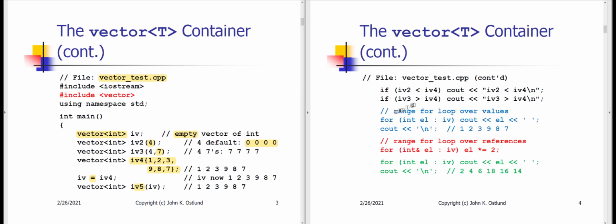All right. So here's the first of many example operators and member functions we can use with vectors. Vectors are compared for equality and inequality and ordering in the same way that string objects are compared. That is, we compare elements, one element at a time, to see whether the two vectors are equal or not equal, or in this case, we're trying to test whether IV2 is less than IV4, and next IV3 is greater